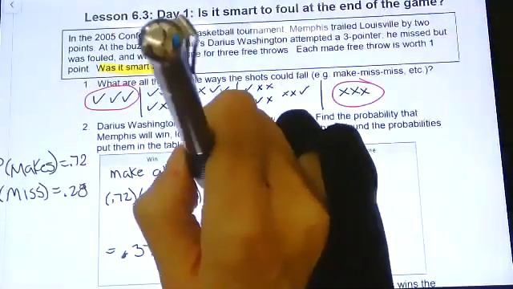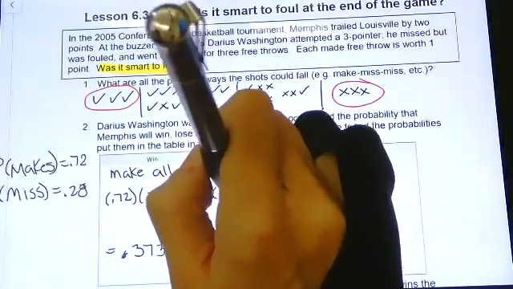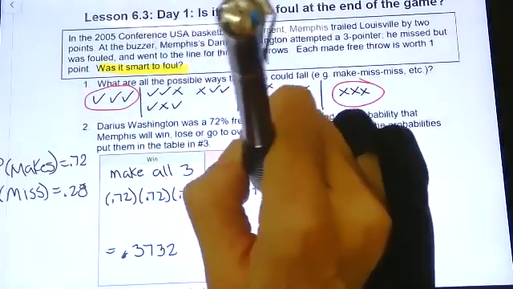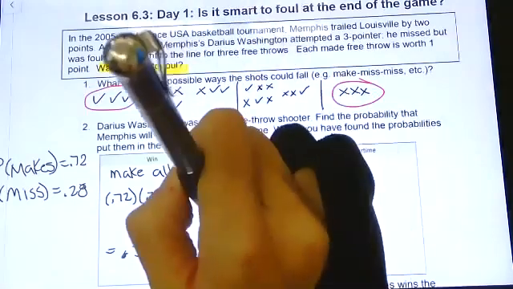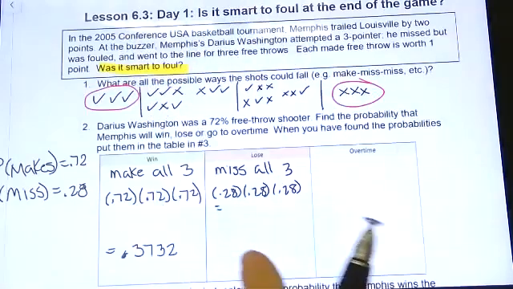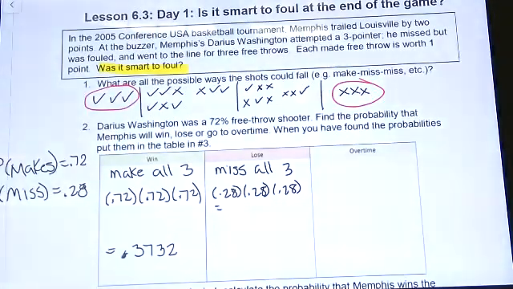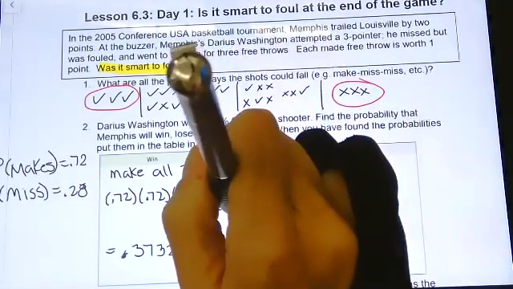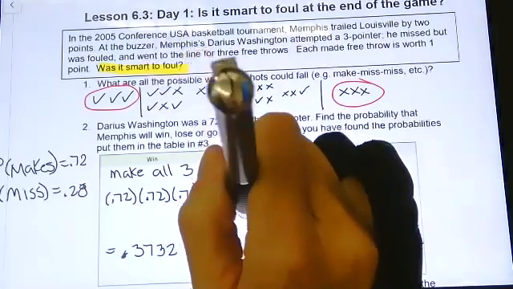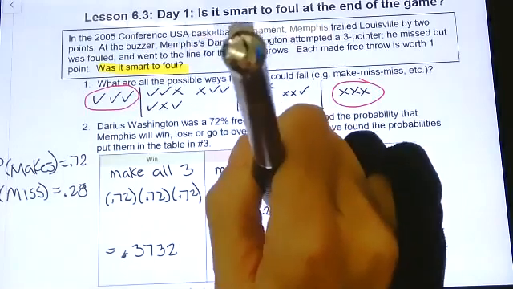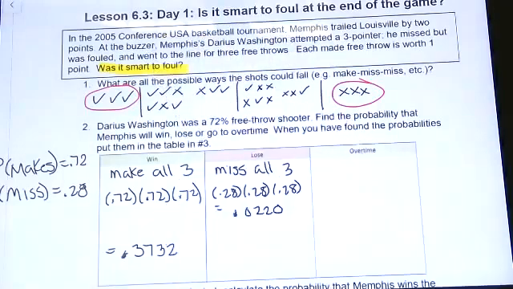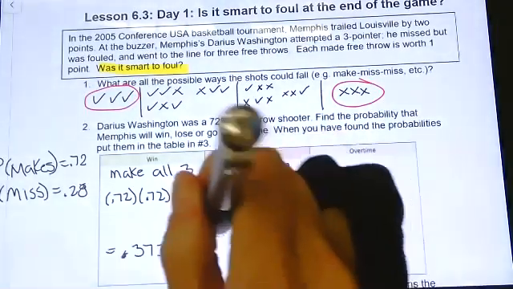So the chances of that happening are 0.28 times 0.28 times 0.28. And I am leaving space on purpose because there's more to this one than just the 0.28s. So this comes out to 0.0220. Okay, that's the chances that he misses all 3. However,